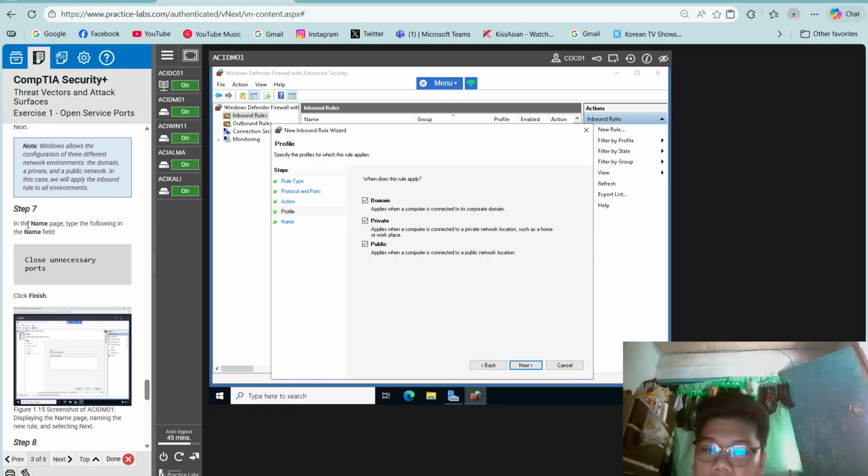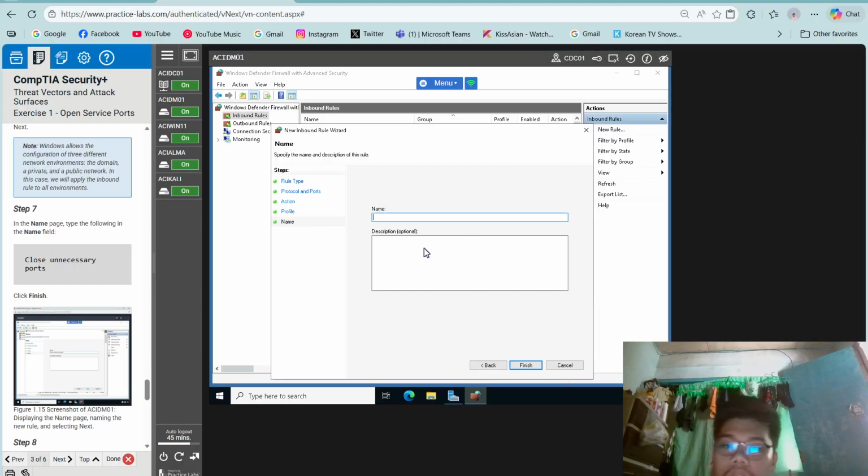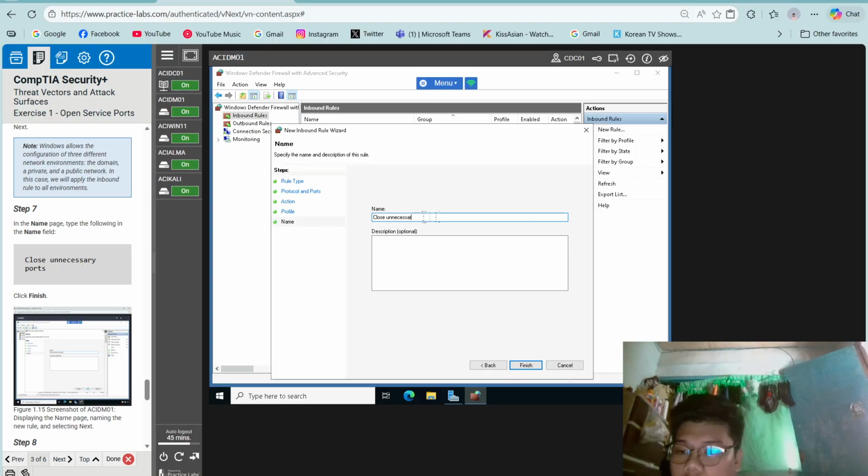So in step 7, in the Name page, type the following in the Name field: close unnecessary ports.